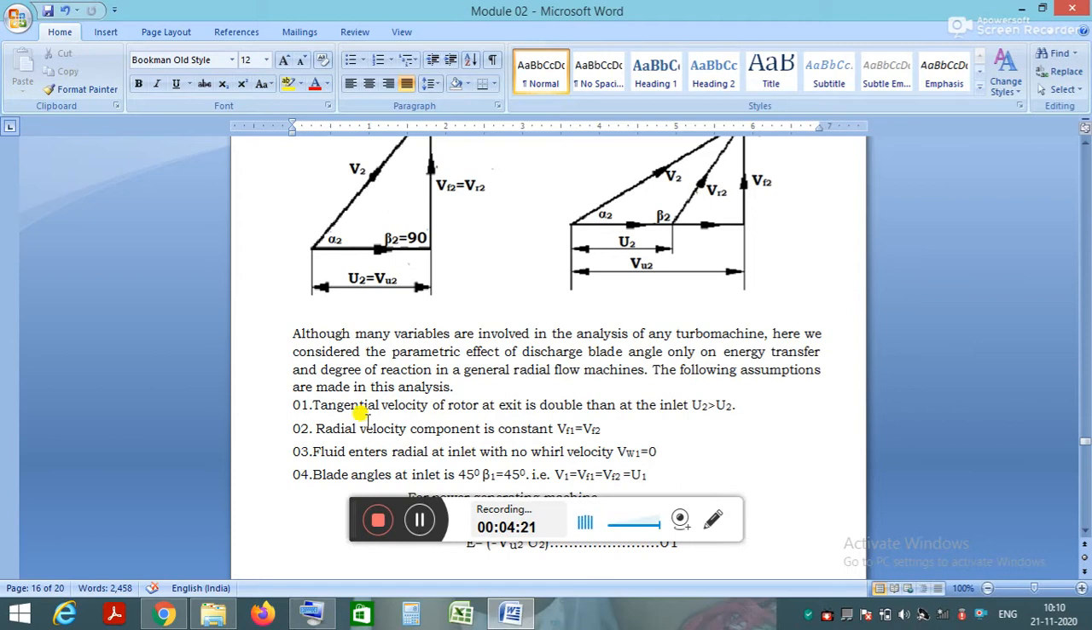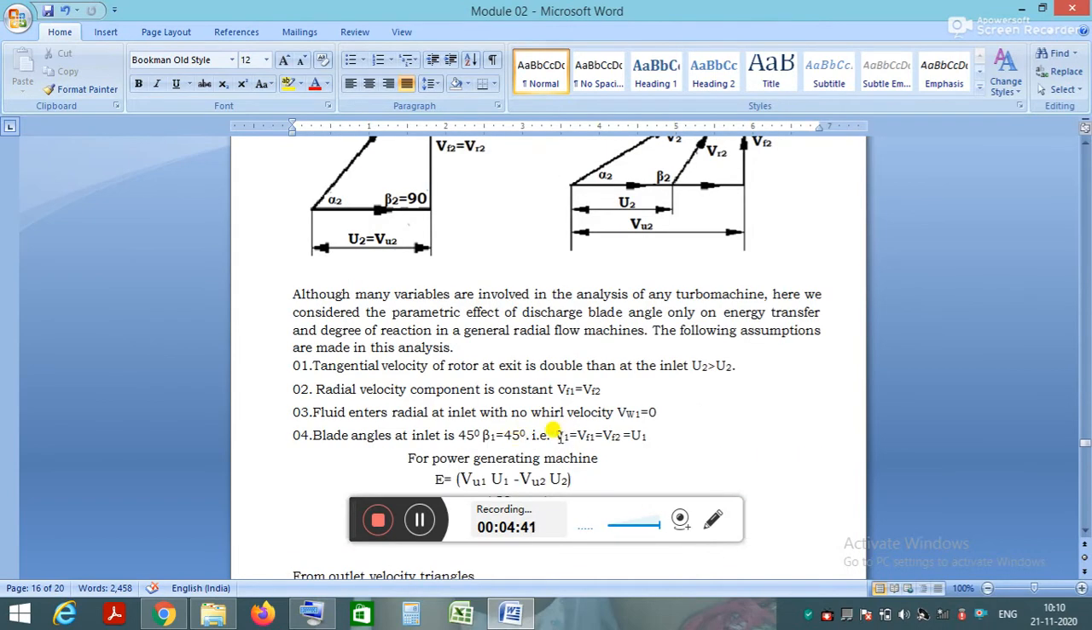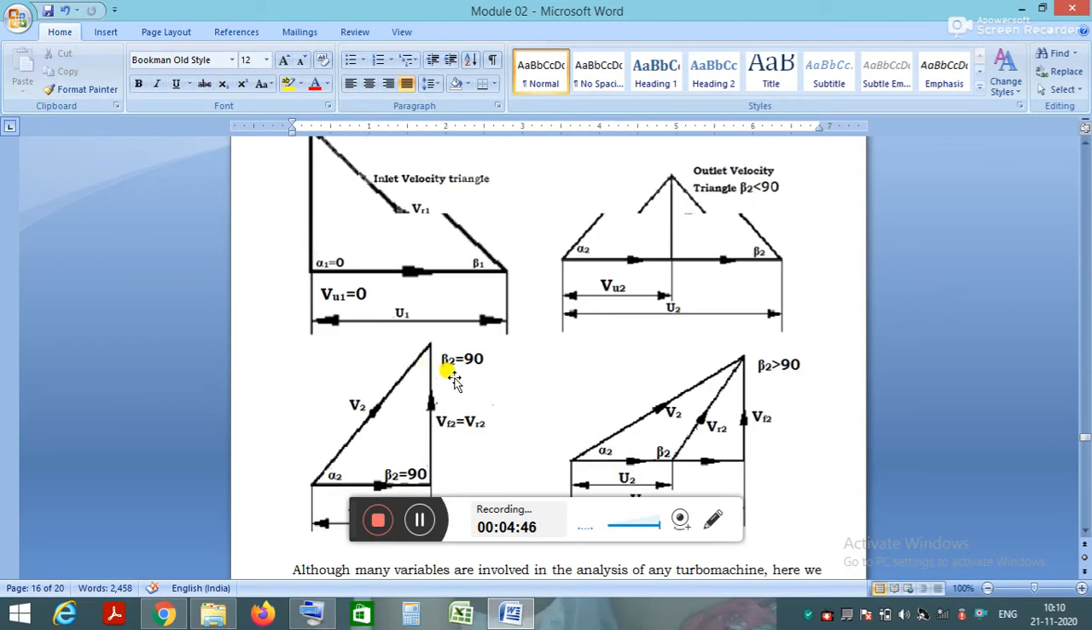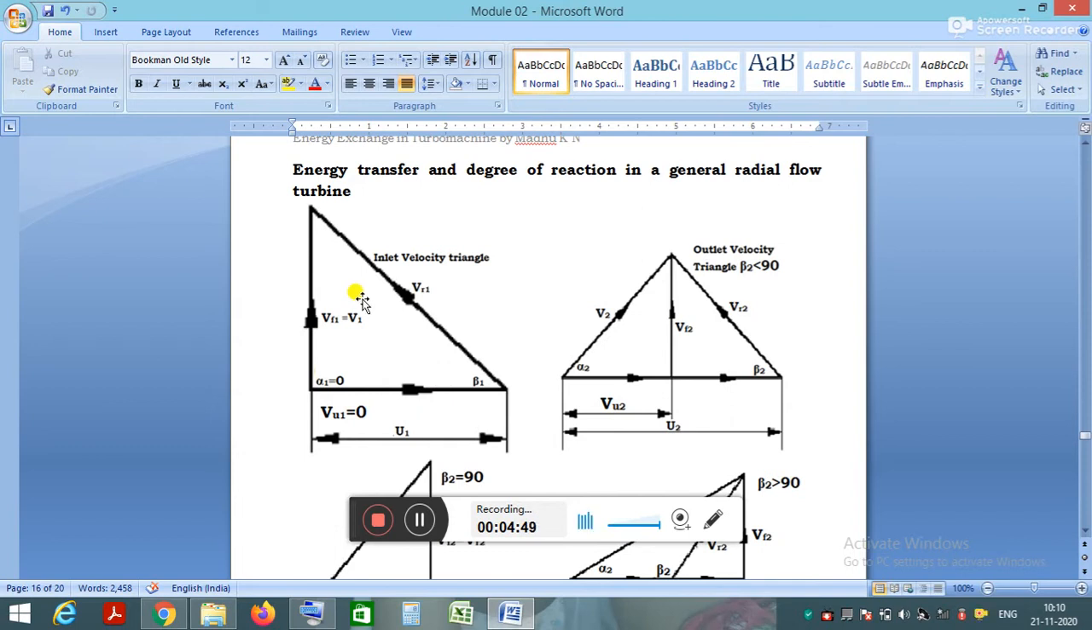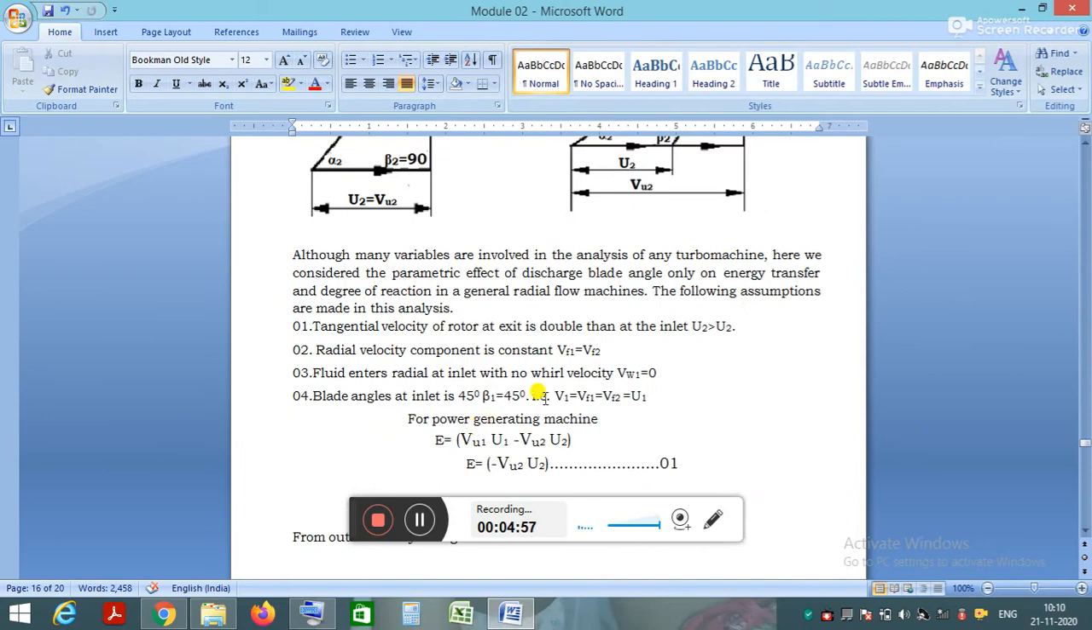Since the fluid enters radially and leaves radially, the radial velocity components are constant here. Vf1 equals Vf2. I already said V1 equals Vf1, and Vf1 equals Vf2. That means V1 equals Vf1 equals Vf2. And you can see here alpha 1 is 90 degrees. It is a right angle triangle. And if you consider beta 1 as 45 degrees,